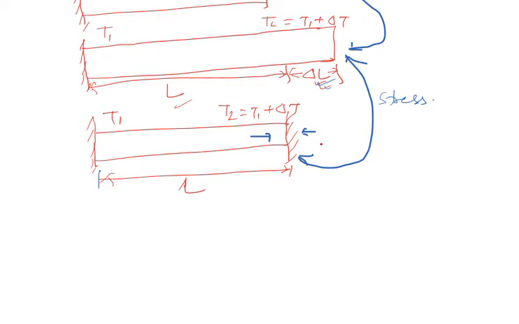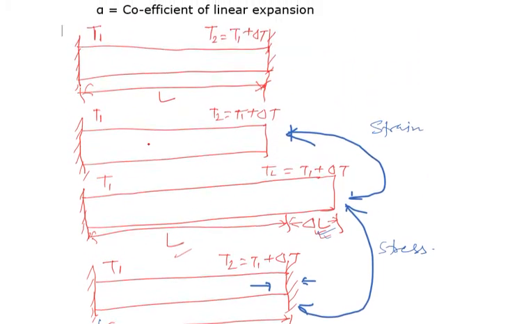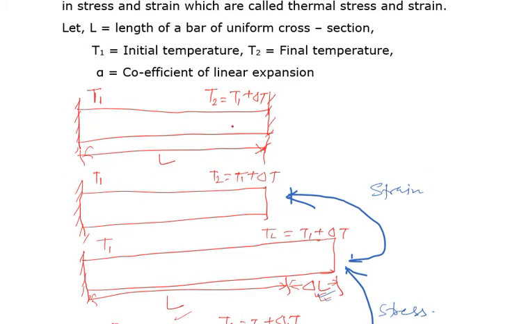Now we know that here we have to notice two things. What are the things to be noticed? Whenever there will be changes in temperature, then there will be a change in length correspondingly. So the change in length will depend upon the change in temperature, how much temperature has been raised. The elongation or extension of the bar will depend upon how much temperature has been increased.